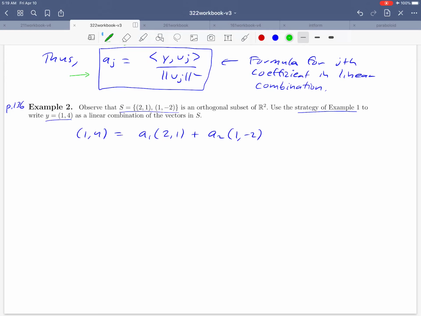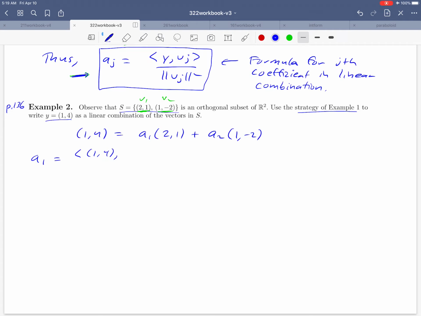So let's remind ourselves of what the Vjs are. Those are just the vectors in the set that we're given. So V1 would be (2, 1), and V2 would be (1, -2). Now we're going to use this formula up here to calculate the ajs. So let's start with a1. According to this formula, a1 is going to be the inner product of y, which is (1, 4),